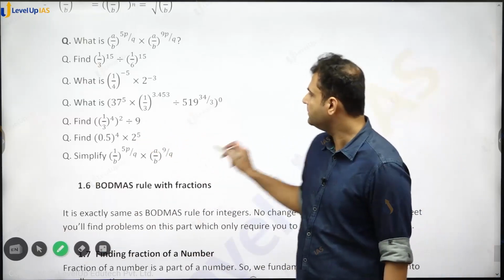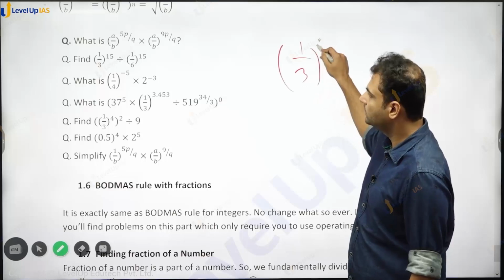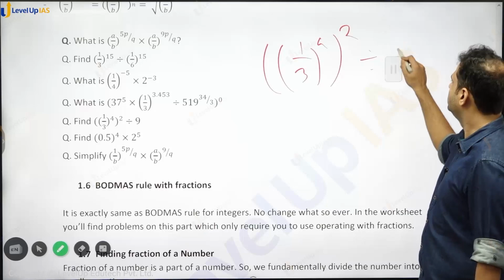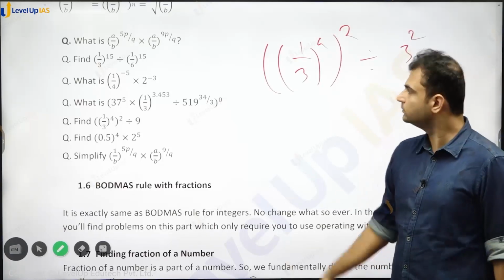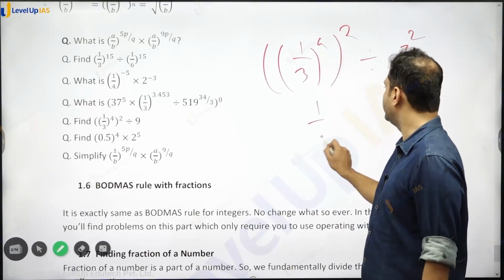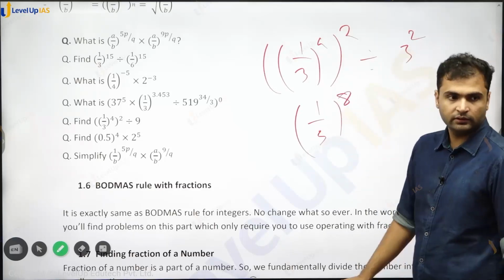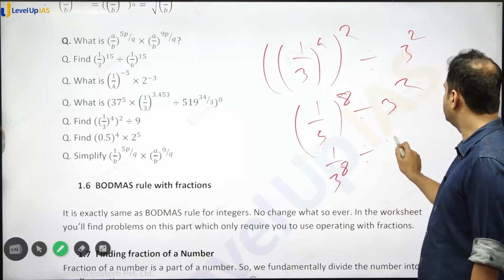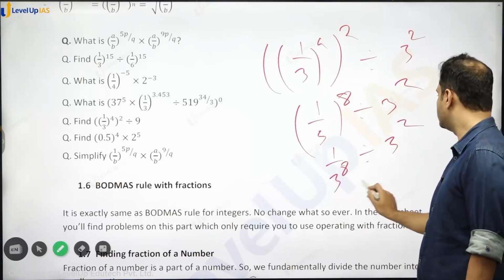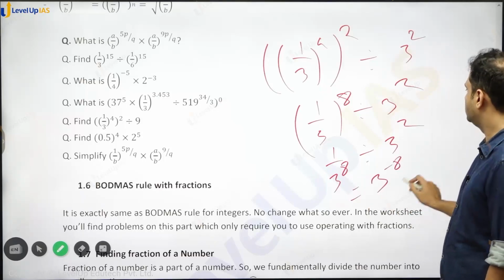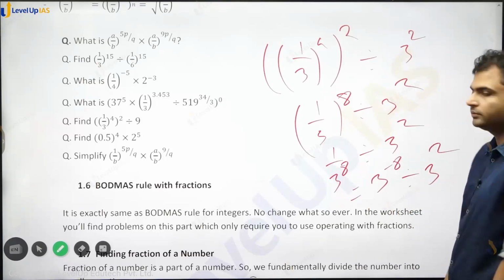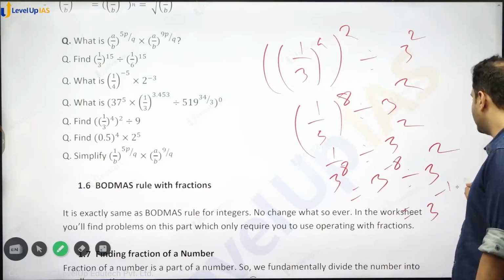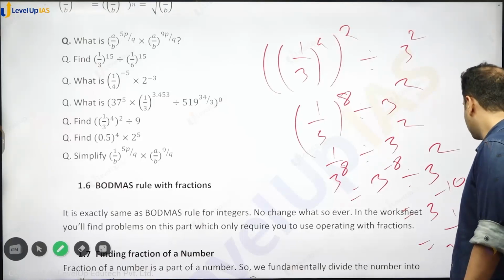अच्छा, let us see, we'll have (1/3)^4 raised to 2 divided by 9, we can write 3 square, what is this, this is (1/3)^(4 into 2), 8 divided by 3 square, which is (1/3)^8 divided by 3 square, so this is 3^-8 divided by 3 square, -8 -2, so which is 3^-10, which is (1/3)^10,